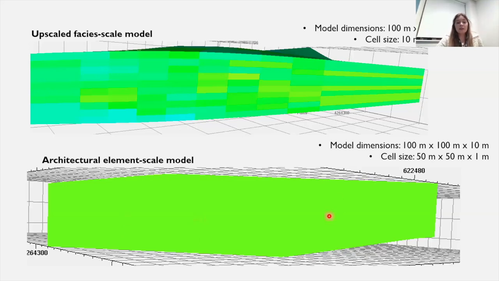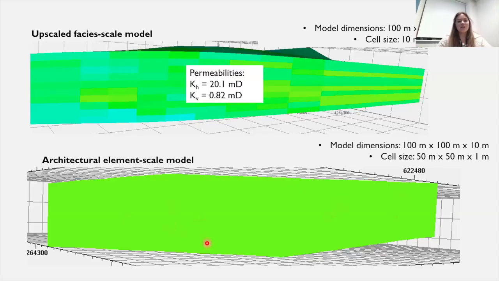But again, for comparison, from a larger scale model, when all of this is put in as just a normal channel sandstone of a 50 meter by 50 meter by 1 meter cell, you can see the difference in the permeabilities. So, for example, the top one has a horizontal permeability of 20 millidarcies and a vertical permeability of 0.82 millidarcies. Whereas the bottom one,